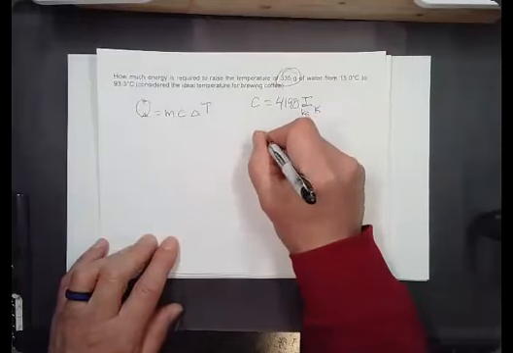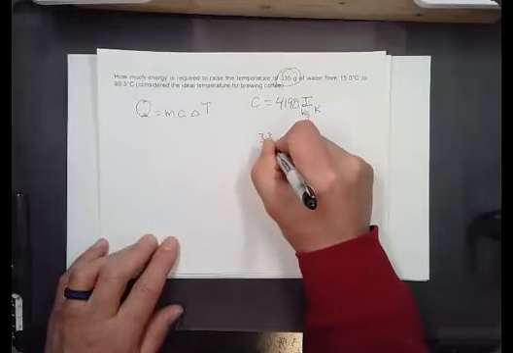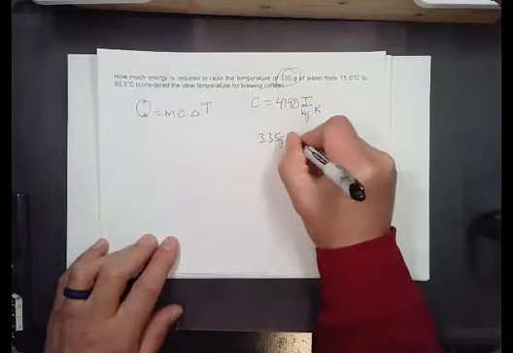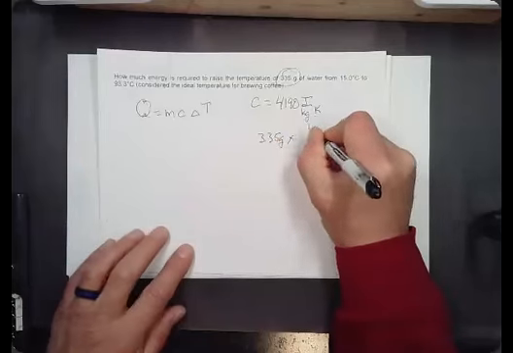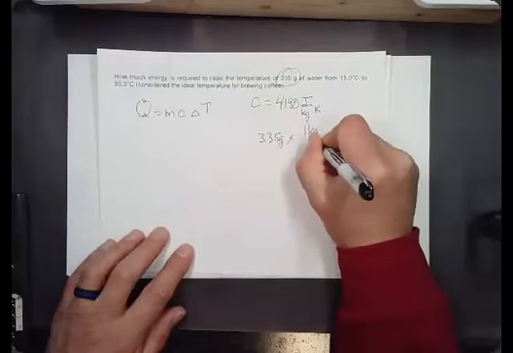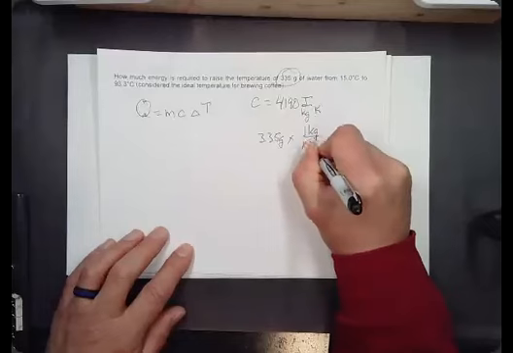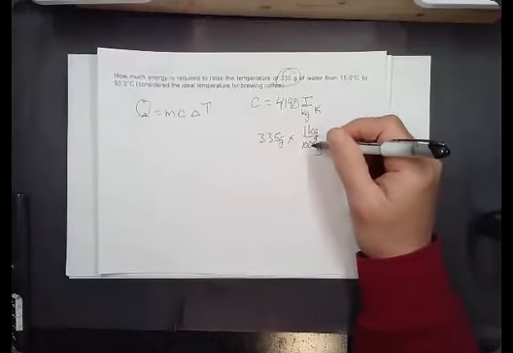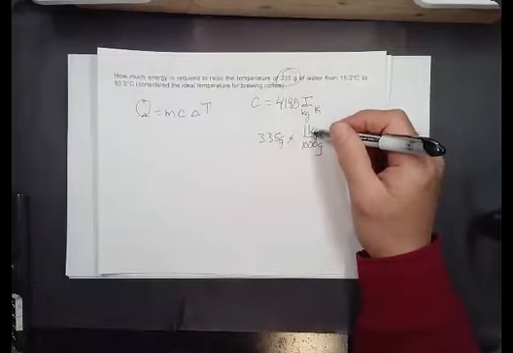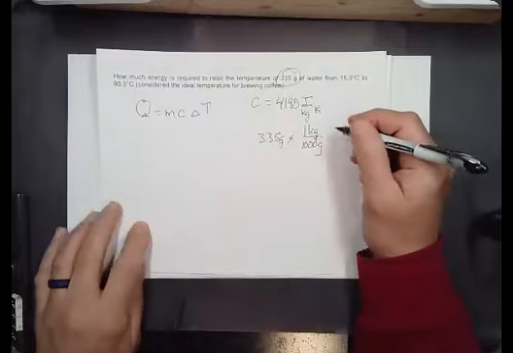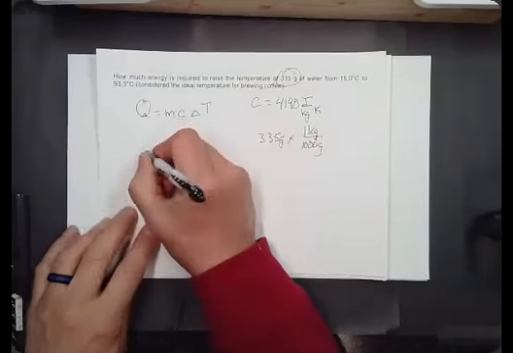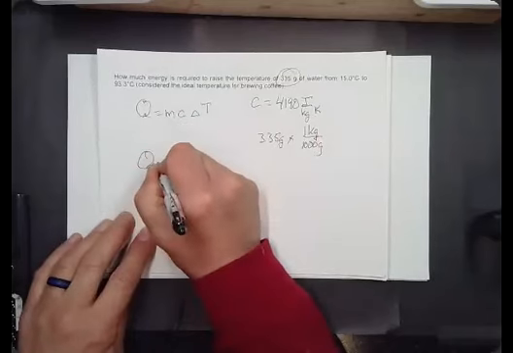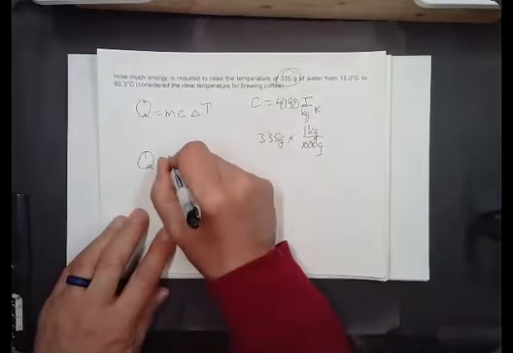But if you don't have that memorized, just go 335 grams times 1 kilogram per 1,000 grams. This is a 1 because 1,000 is equal to a kilo, and you get 0.335. So the amount of heat required here, we can now figure this out, is going to be